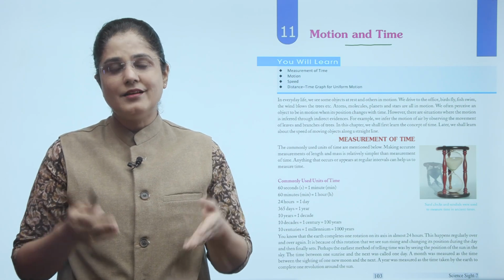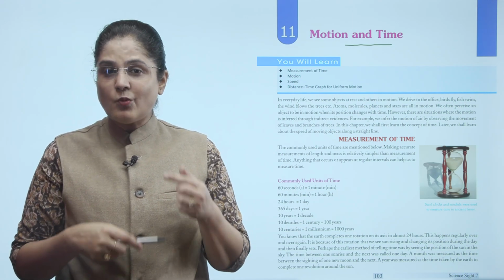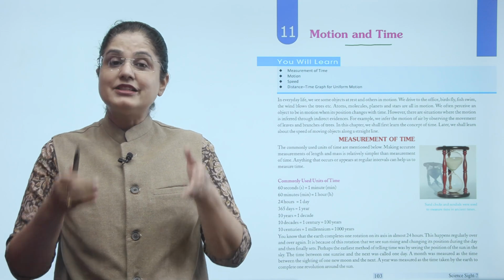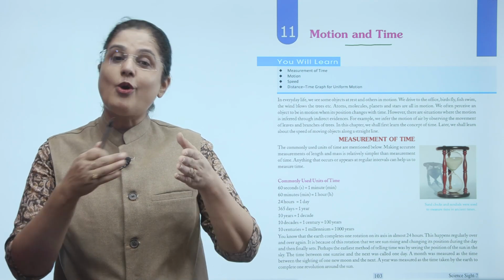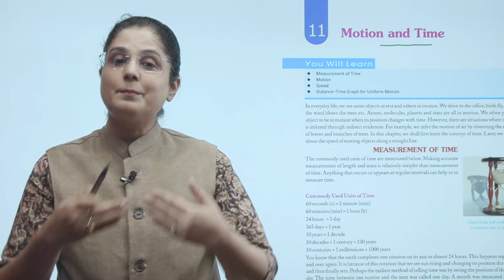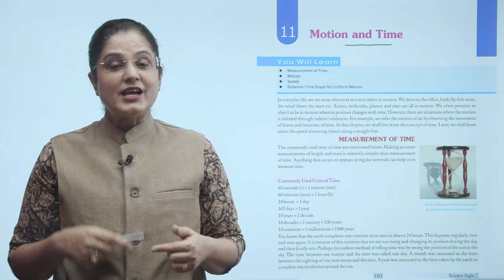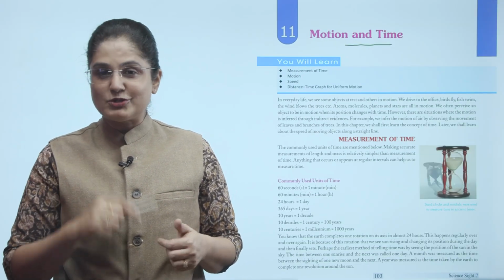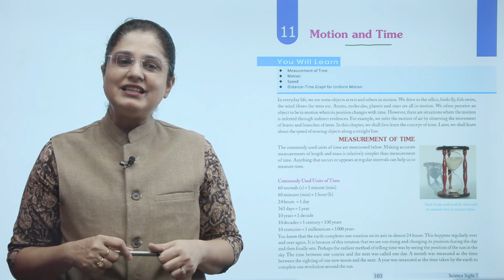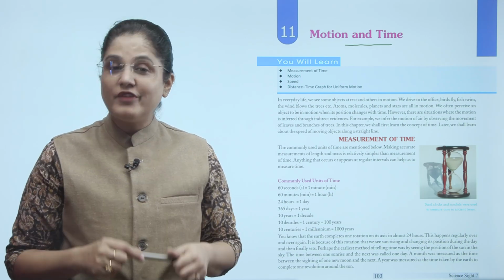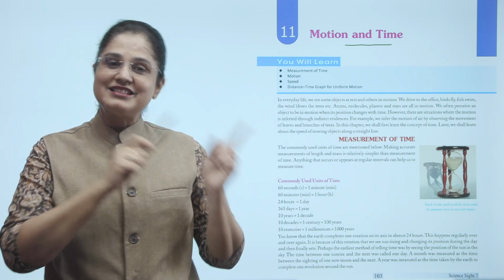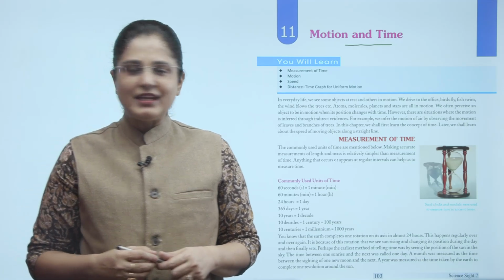So what exactly is motion? Motion is what we understand as the change in position of an object with the passage of time. So in this chapter, we shall first learn about the concept of time, and later we shall learn about the speed of moving objects along a straight line. So let's begin with